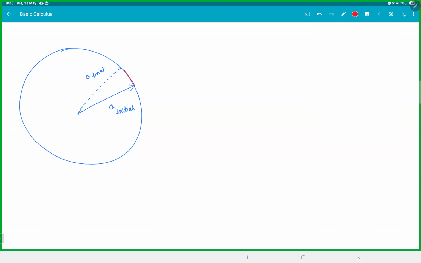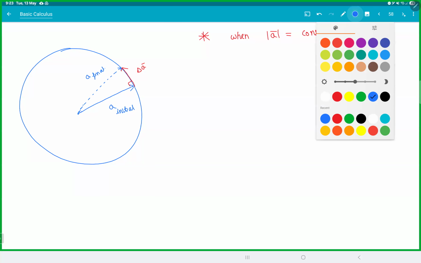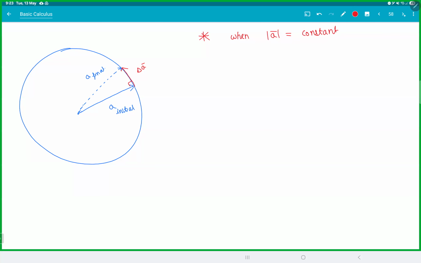So this thing here is your change in vector. And this is perpendicular. Remember, this is valid only when A bar is constant. So this is how you can write. If mod A is constant, need not be 1, it can be any constant, but should be constant. When mod A bar is constant, then when differentiated,